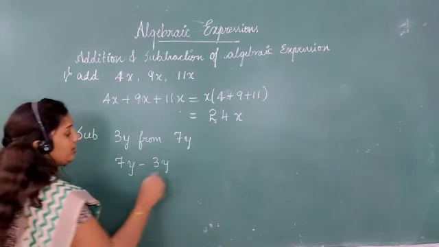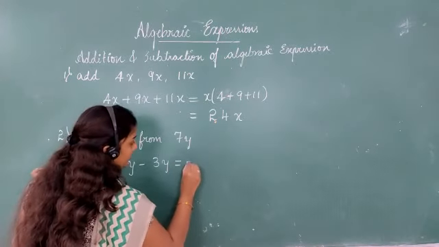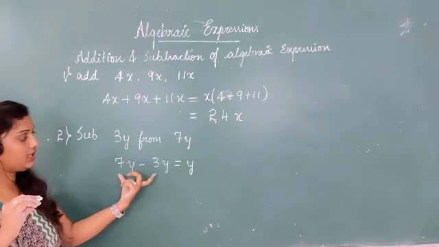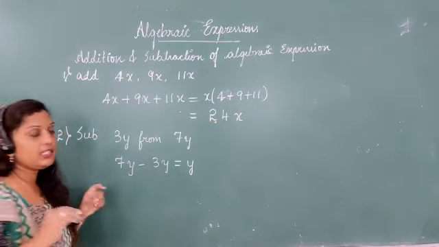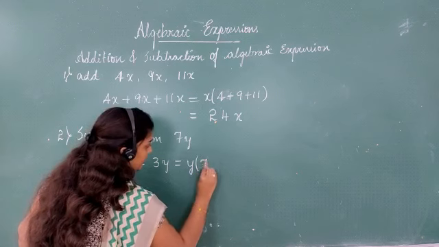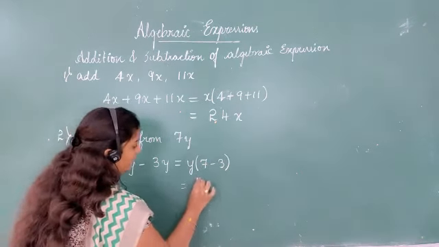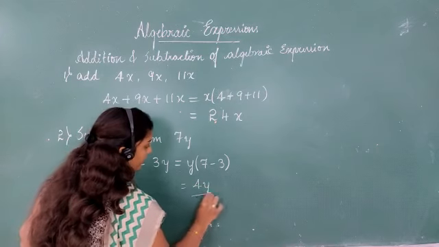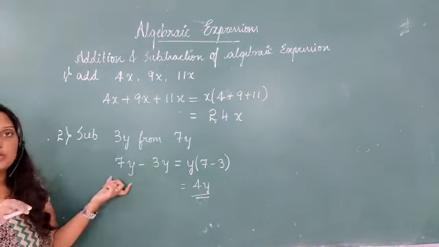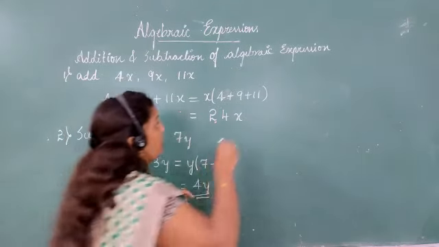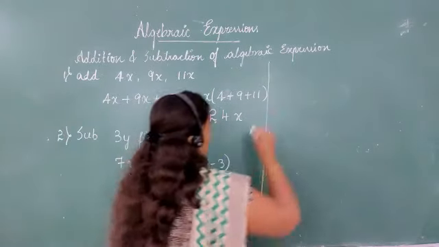As in addition, just write the variable here as it is, and what are the numerical coefficients here? 7 and minus 3. Write that 7 minus 3. So what is the value of 7 minus 3? 4. So this is 4y. So this is how you subtract algebraic expressions. Now we will see the general expressions such as